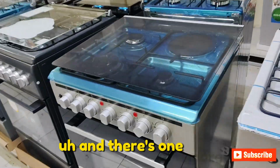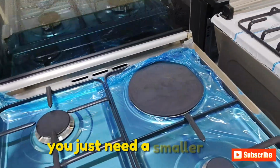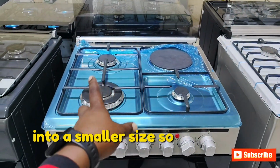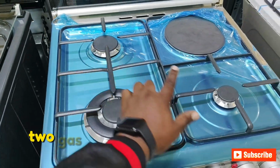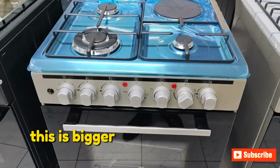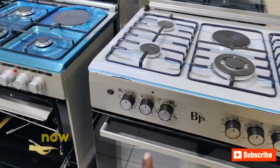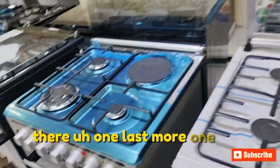And there's one more. Maybe you don't need the bigger size, you just need a smaller size, but now you want to combine whatever you're getting there into a smaller size. So this is 60 by 60. Again, this comes with a wok burner, 2 gas burners, and 1 electric hot plate. This is bigger. And again, this is an electric oven. So this is a feature if you want to combine whatever you're getting here there. One last more